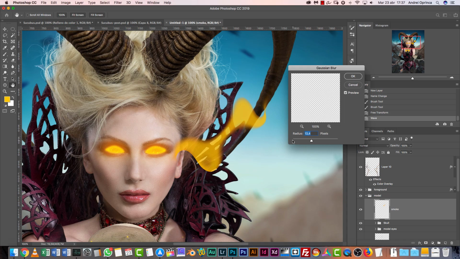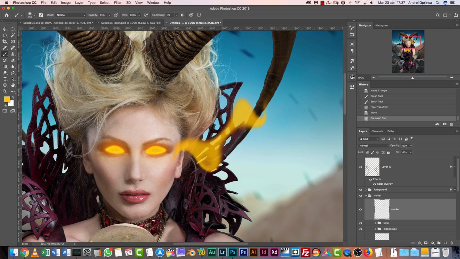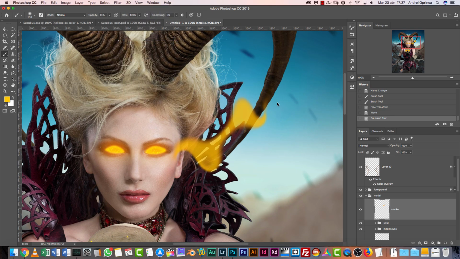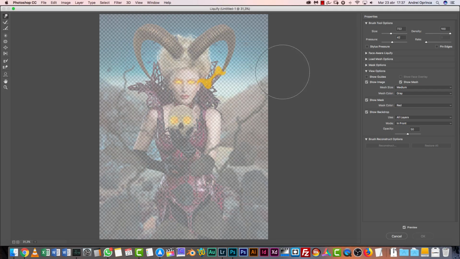Gaussian blur, and you get something like that, it's too blurred. I'm pretty sure there are a lot better ways of doing this, and if you can, comment and just tell me how you did it. One good way of doing it is using the liquify tool, because here we have that finger tool that allows us to